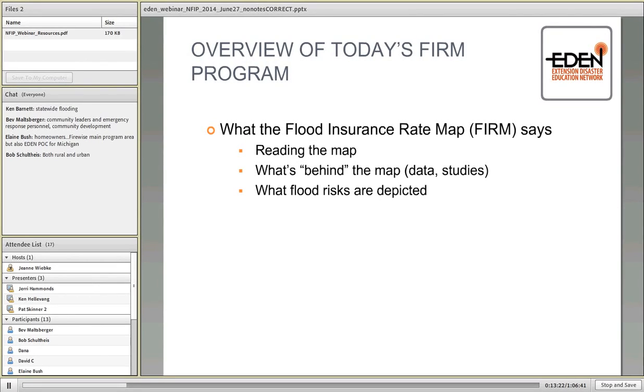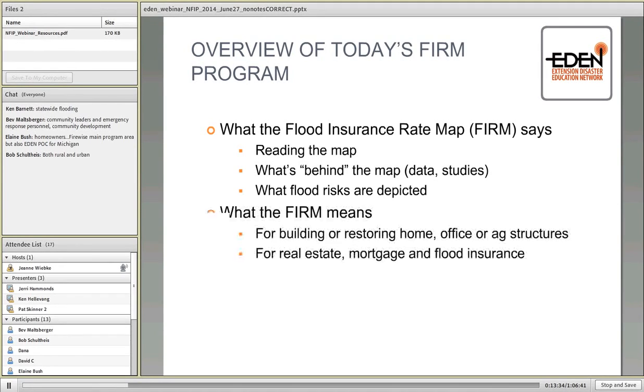Today's program is going to be very basic. What the flood insurance rate map says. How do you read it? What's behind it? And what flood risks are depicted on it? Then what does it mean? What is the impact of what we're reading on that map? And then this third thing here should be a separate bullet, but what it means, and it's the NFIP messages and our extension programs that we will do together,